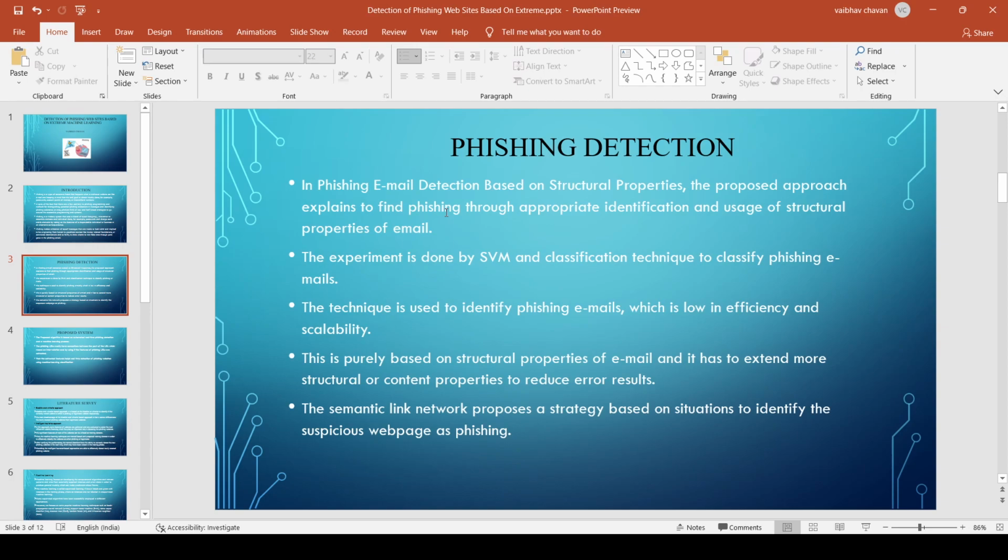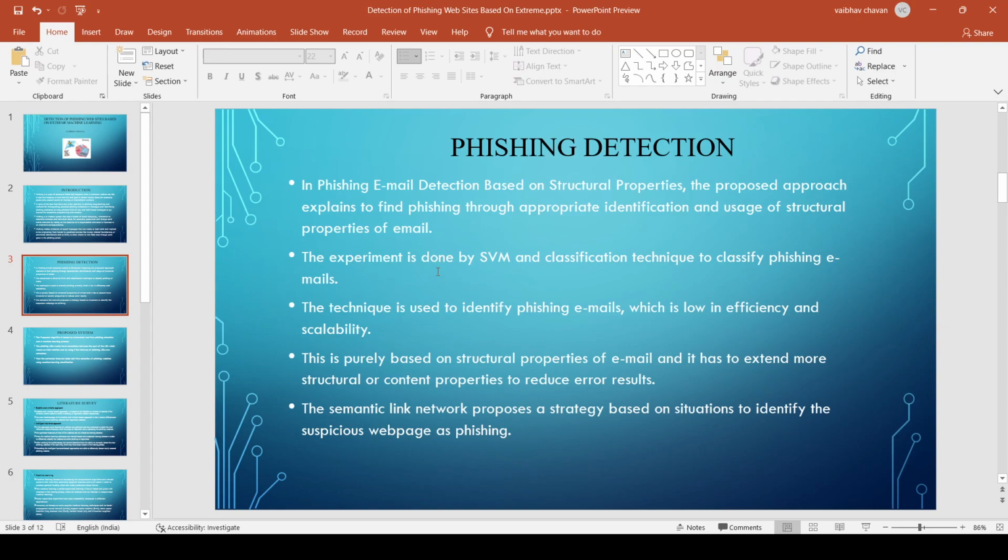This is purely based on the structure of the email, and it has to be extended with more structural or content properties to reduce errors, where we can say the best or exact replica of the original site the hacker or phisher creates, there are more chances to get access to users' details.